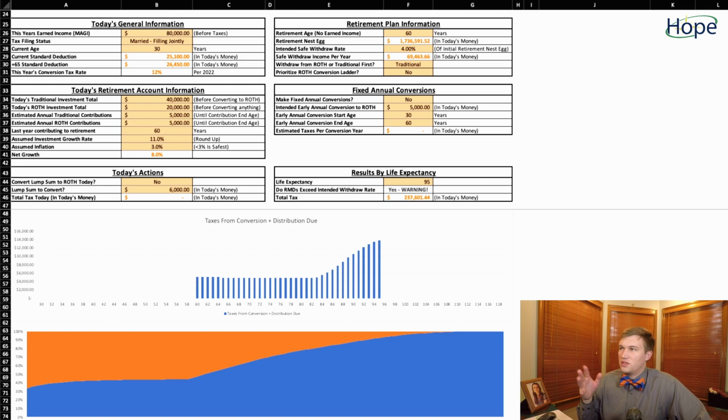Now I'm going to move to the upper right table. The upper right table shows some information about their retirement strategy. They want to, again, retire at age 60. That's when they are going to no longer have any earned income. Their nest egg, using the numbers we've assumed, if they continue contributing at the assumed growth rate, again assumed, in today's money they'll have $1.7 million. Woohoo, that's great. They plan on implementing a safe withdrawal rate of 4%. They follow the 1998 Trinity study, and they want to stick with it. It's going to just be flat. That'll give them an annual income in today's money in retirement of just under $70,000.